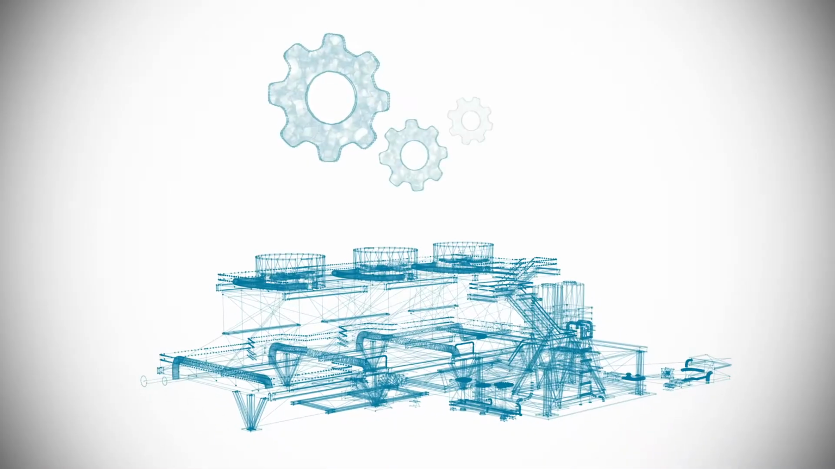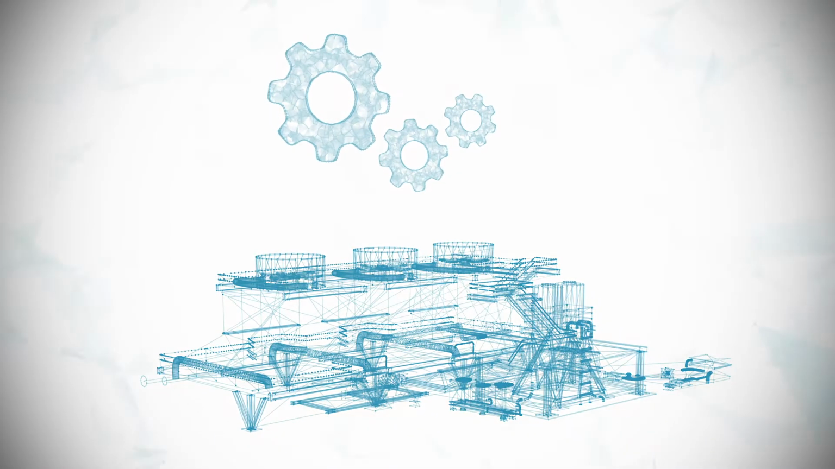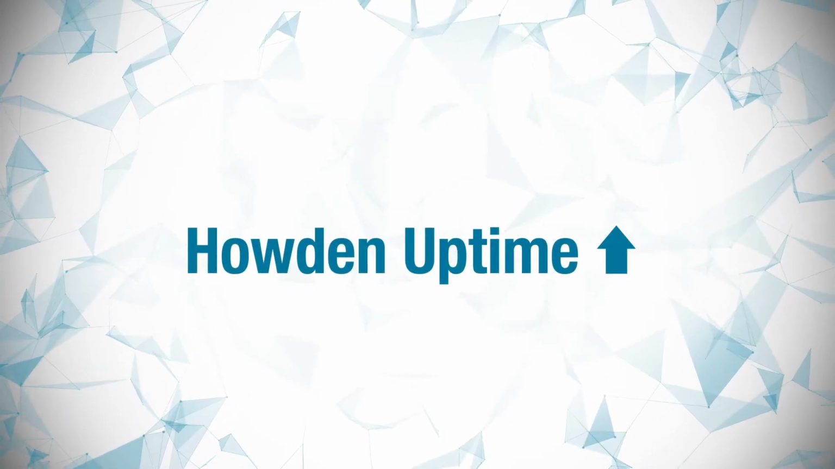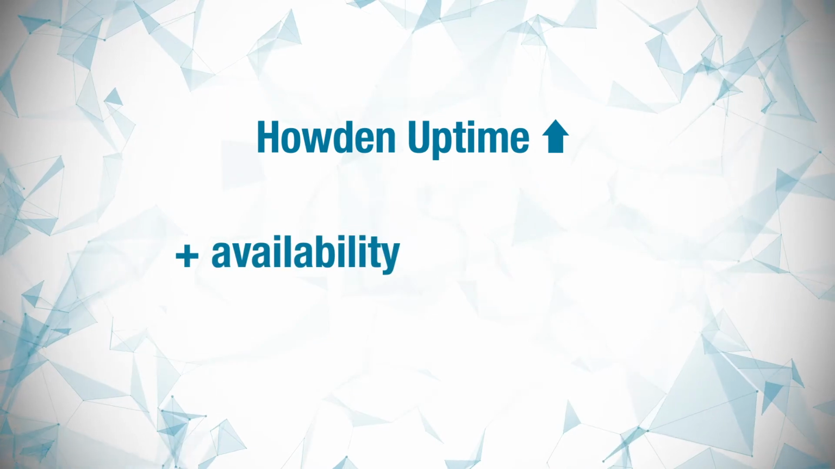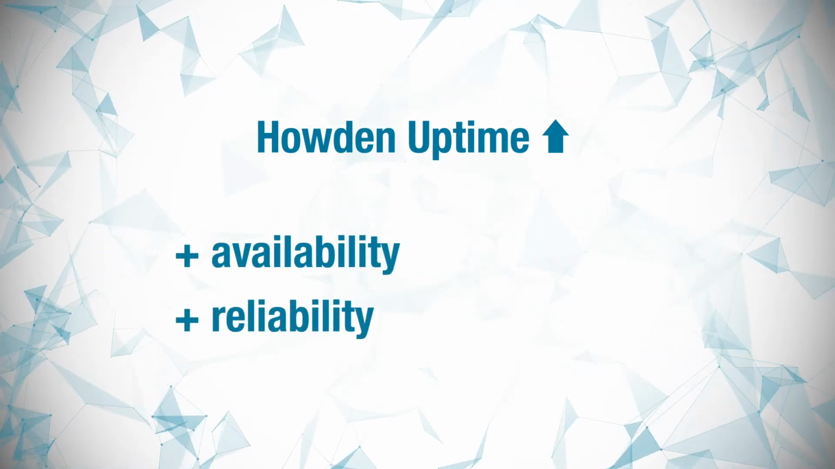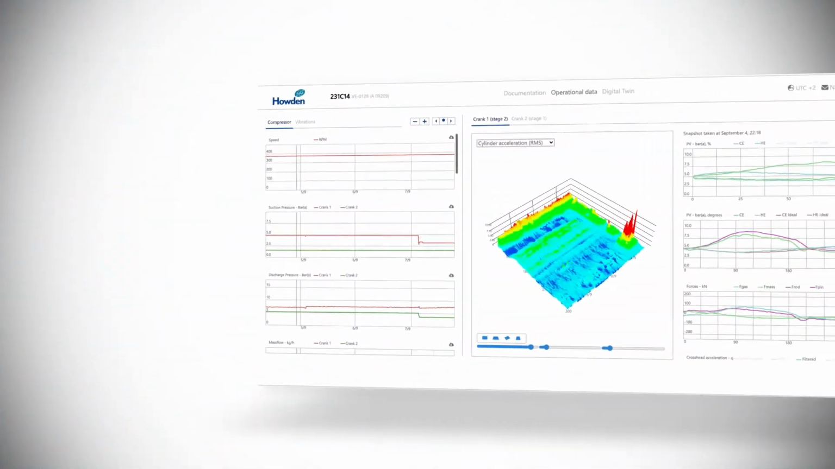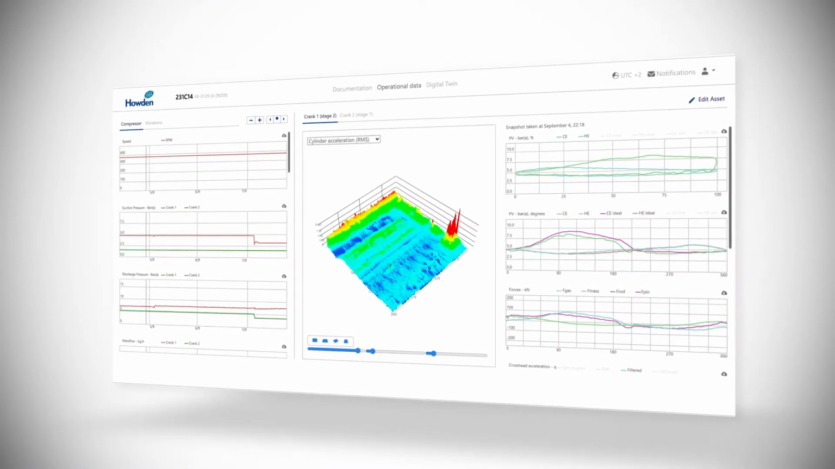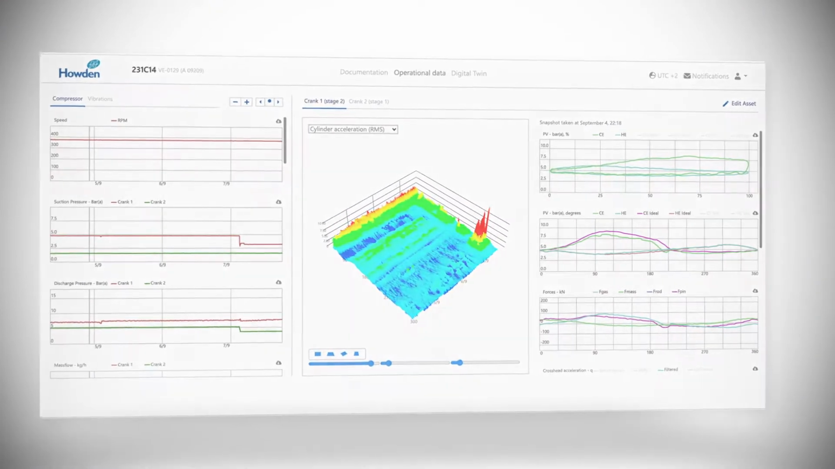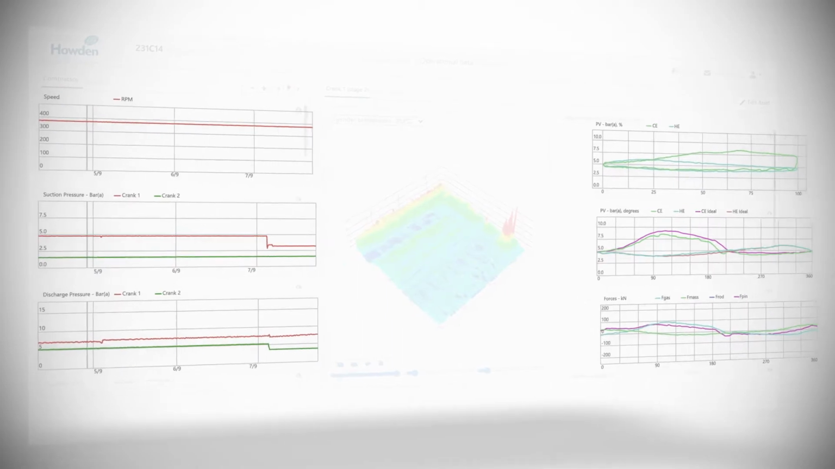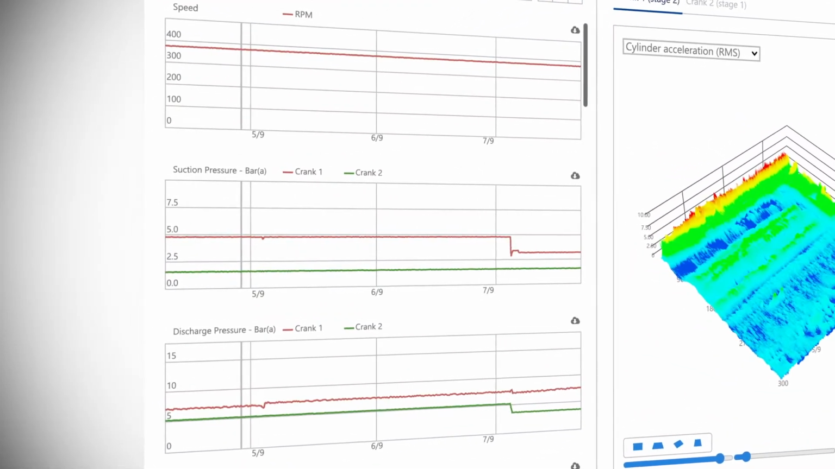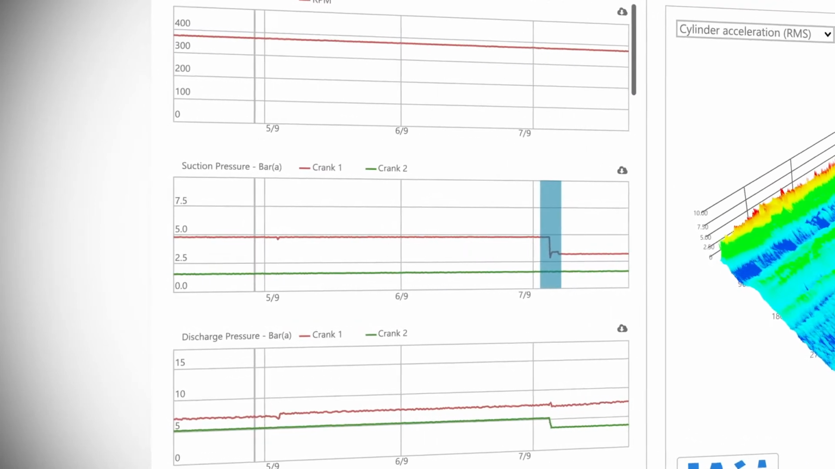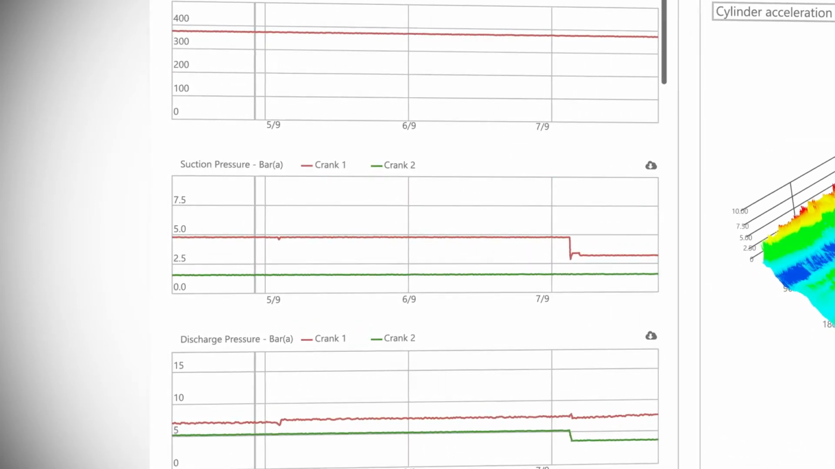In oil and gas applications, our equipment is critical to the overall process in the plant. With Howden Uptime, we are able to avoid unplanned downtime and increase the availability and reliability of these critical assets. The Howden Uptime platform provides a real-time view of your equipment's performance, as well as the operational data over time. This allows you to monitor the trends in performance, highlighting areas of improvement and identifying potential problems before they become